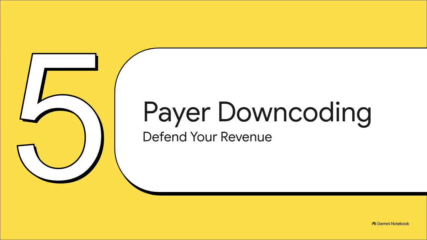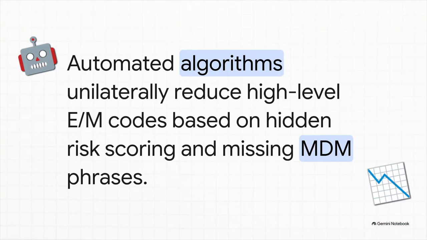All right, on to Section 5, payer variations in downcoding programs. Here is a major and honestly kind of scary threat right now: automated downcoding. Commercial carriers and Medicare are frequently deploying automated algorithms that just unilaterally reduce your high-level E&M codes. They'll take your 99215 and automatically drop it to a 99213 based on their own internal hidden risk scoring. Their AI just scans for specific missing MDM phrases. Fighting this requires strict tracking and really aggressive, well-documented auditing on your end to challenge these robots and get your